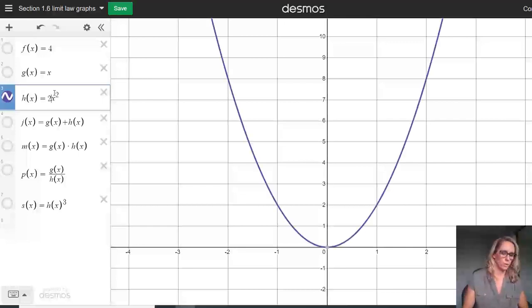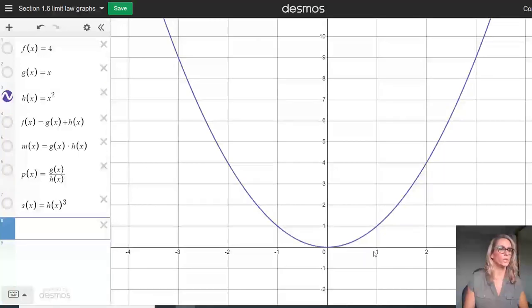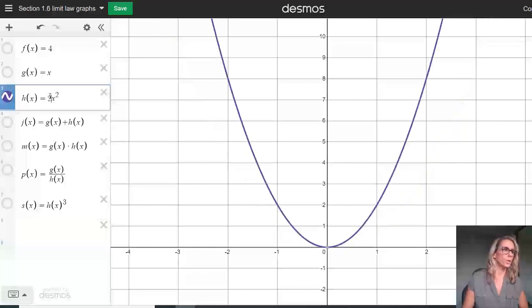So let's show you first just x squared. Everybody's really familiar with x squared. Here it is. So let's look as x approaches 1. As x approaches 1, we see that the limit is 1. If I multiply this by 2, what we're going to see is as we approach 1, we now have the limit 2. And that's because that's the same as saying, well, the limit for x squared as x approaches 1 is 1, and we multiply that by 2 and we get 2. So you can always pull out that constant from the limit if you want, find the limit and multiply by the constant.